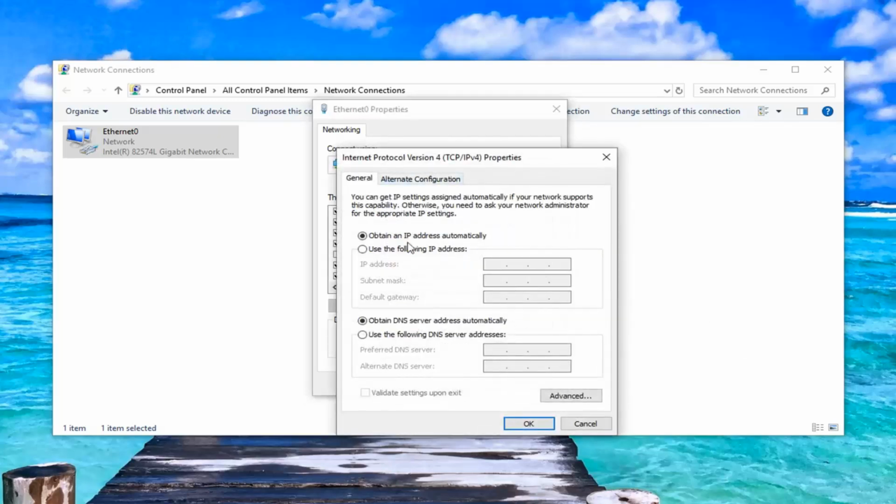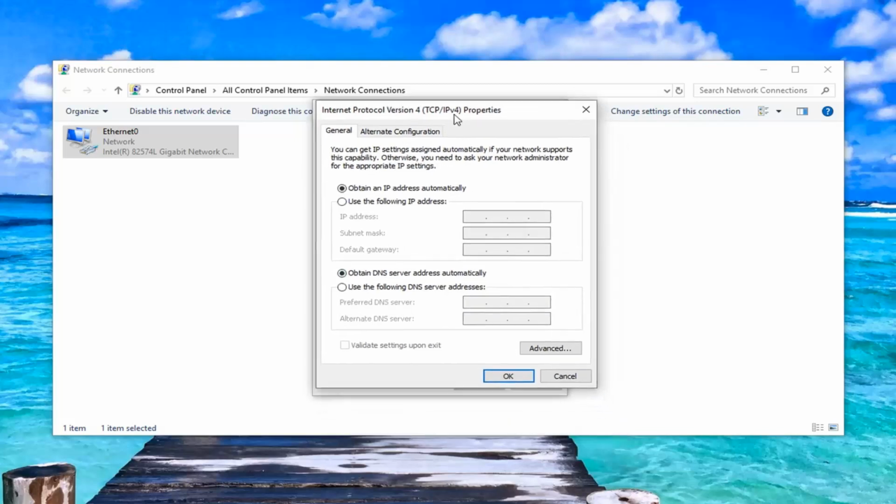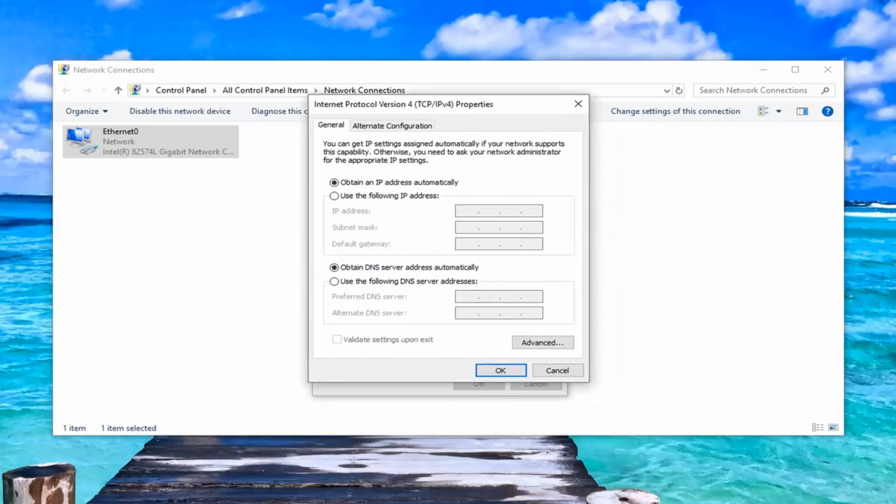So if you're using some funky DNS server, you want to just select obtain DNS server automatically as well as obtain an IP address automatically. Alternatively, you can also use Google's own DNS server. So if you want to select use the following DNS server address, you could just type in 8 and then click inside the next area of the field, type in 8 again, 8, 8, and then alternate would be